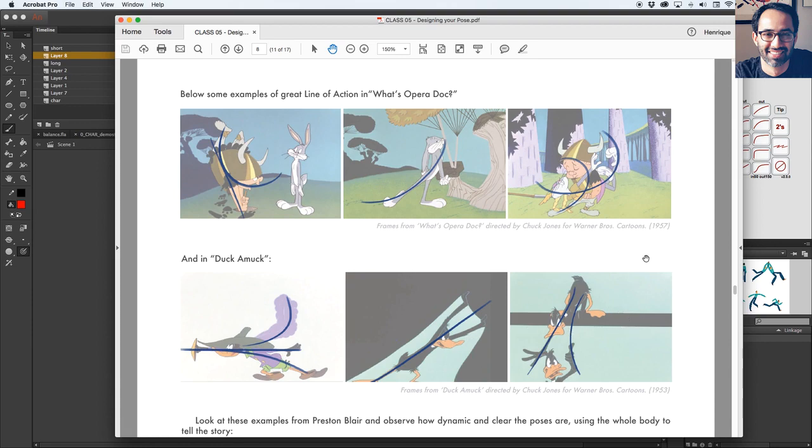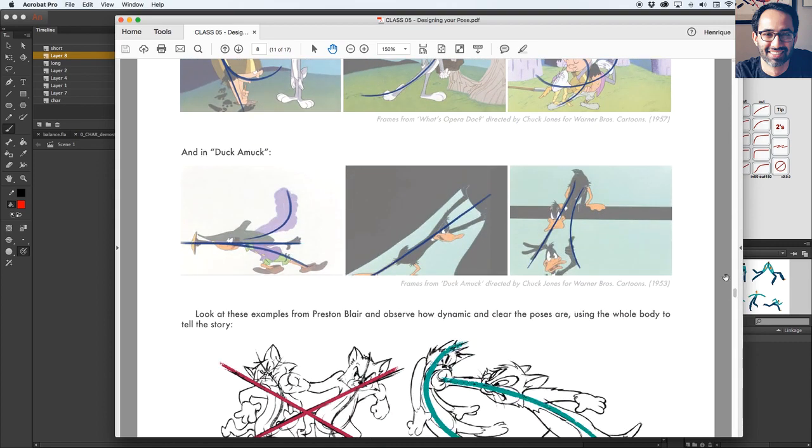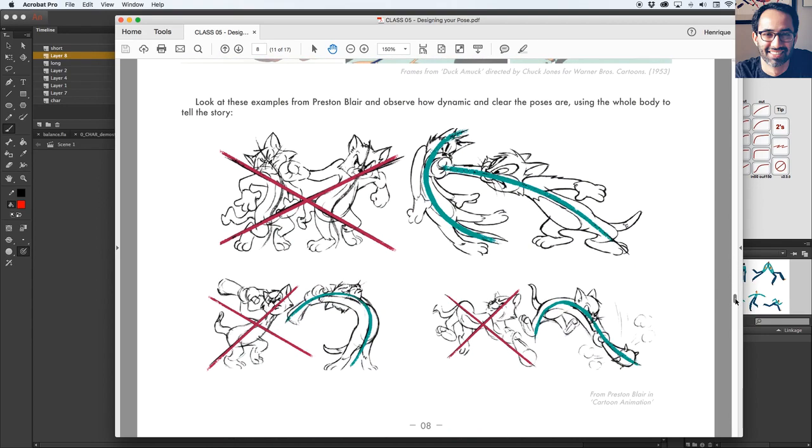Same here, Dakamak. If you haven't seen this short, it's one of my favorite shorts. And again, pointing off screen, so everything's pointing there, and you see how the pose is clear here, lifting something, so one strong line there, again connecting here. You see the line of action here is not the spine, it's on his thumb, pointing up, and then the other one is a straight one here. So it shows how connected they are,